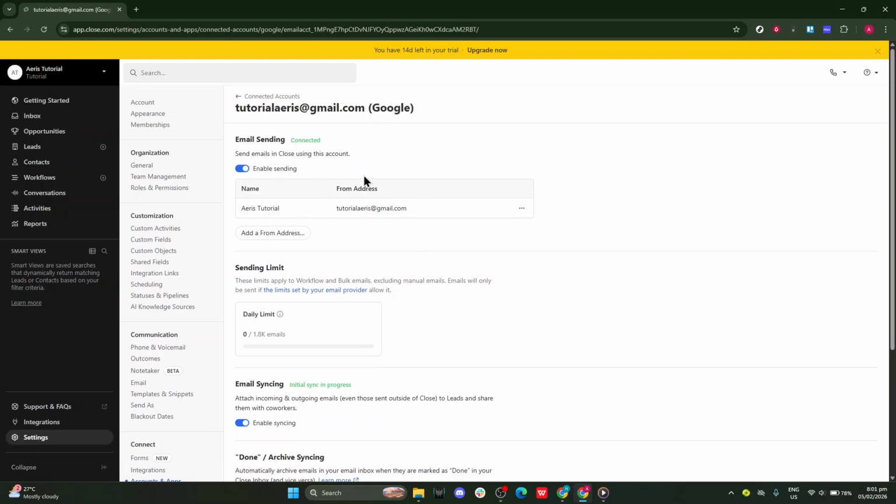That's it. You've gone from Settings to Connect, added your account, connected with Google, confirmed the prompts, and saved your changes. You're ready to use your